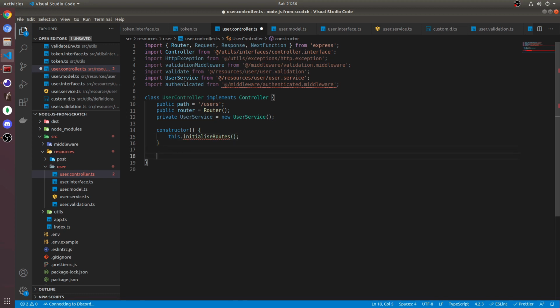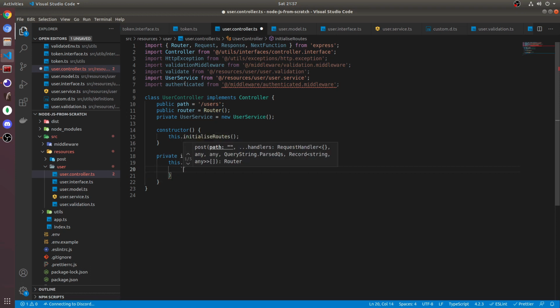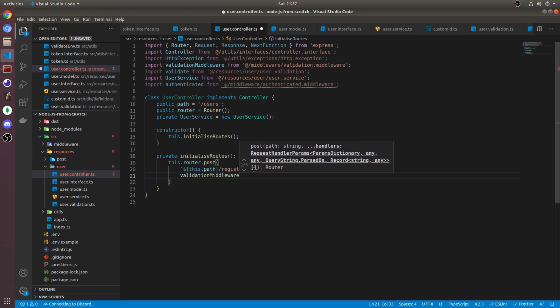There we go. And then a private function for initialize routes, and that's going to return void. And we can add all the stuff now. So if we just do this.router.post, and this is going to be for register, so we'll do this.path /register. So we're using string interpolation here to do this.path /register, and we'll pass in the validation middleware,